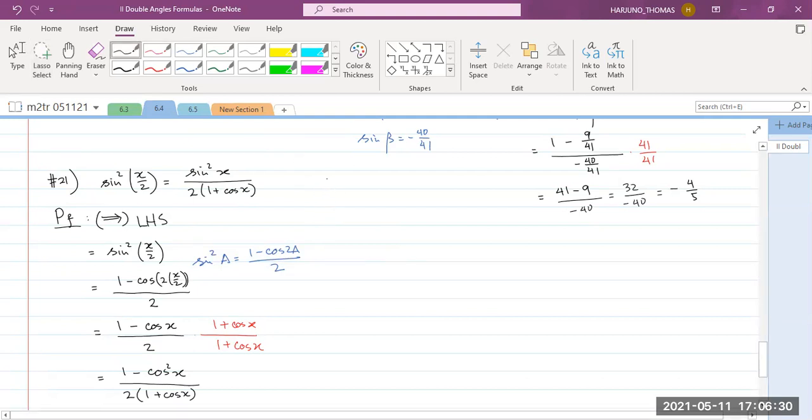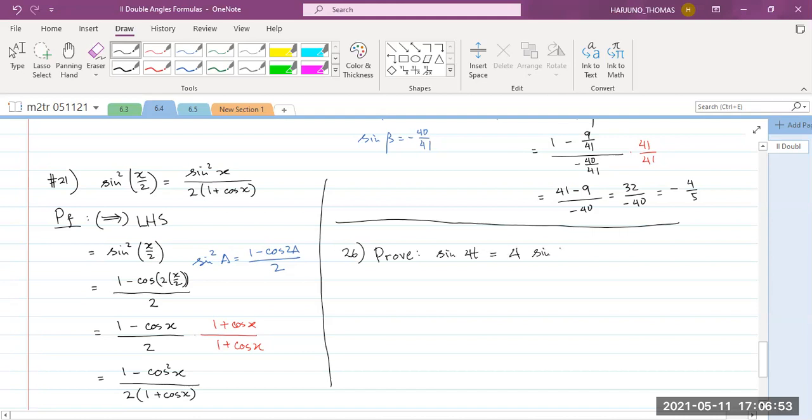Okay, let me do number 26. Number 26. Prove sine 4t equals 4 sine t cosine t times 1 minus 2 sine squared t. Oh, okay. But you know we will start from the left-hand side. Why? Because that's multiple angle. Correct? Left-hand side,